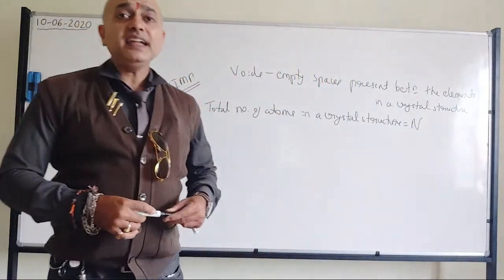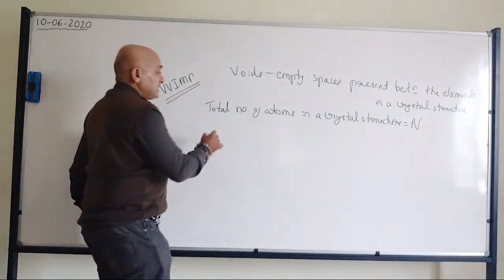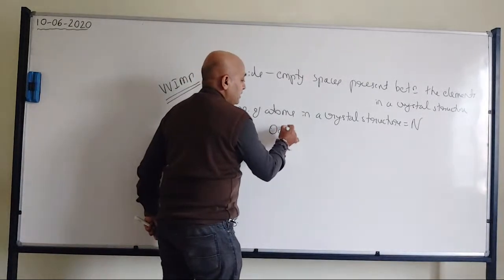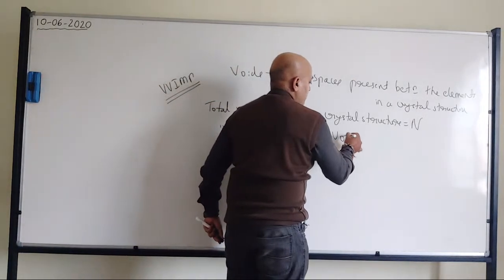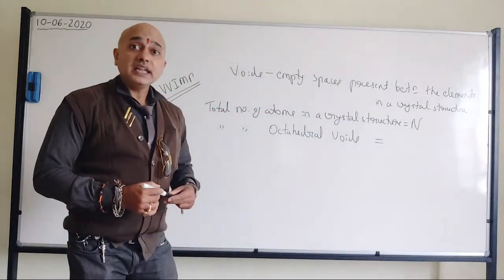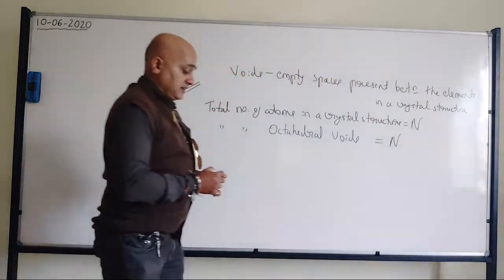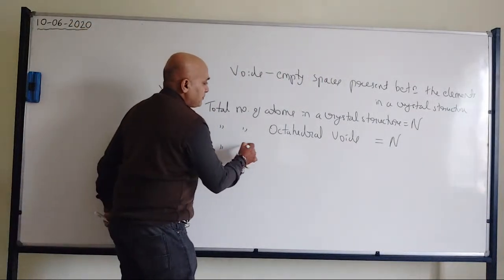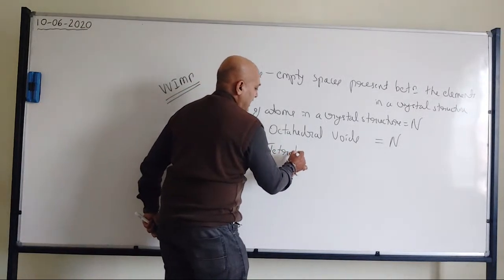N can be any number. In that case, the total number of octahedral voids in that crystal structure will be equal to n. But the total number of voids, that is with respect to tetrahedral voids,